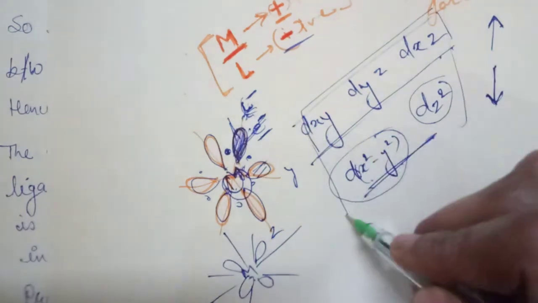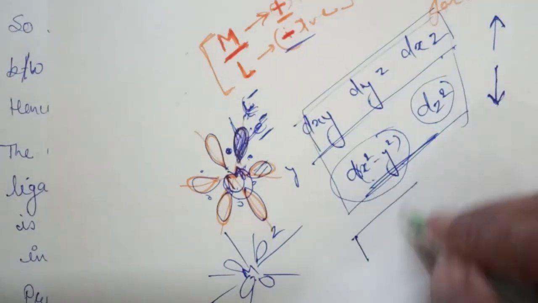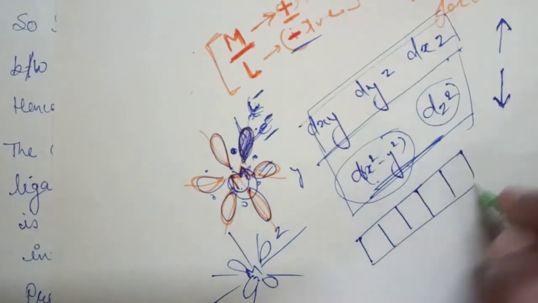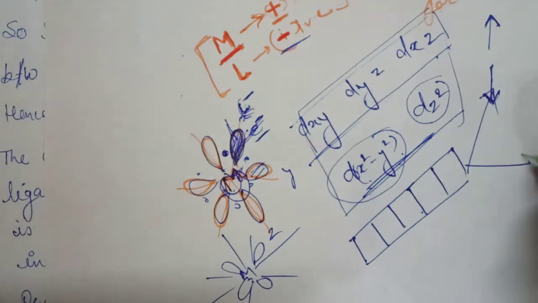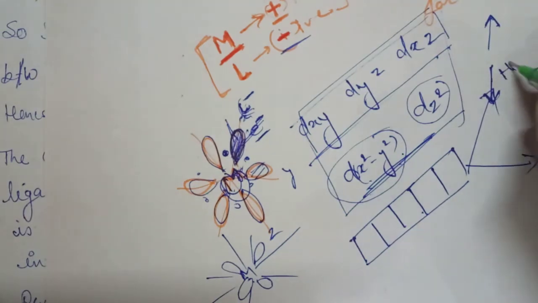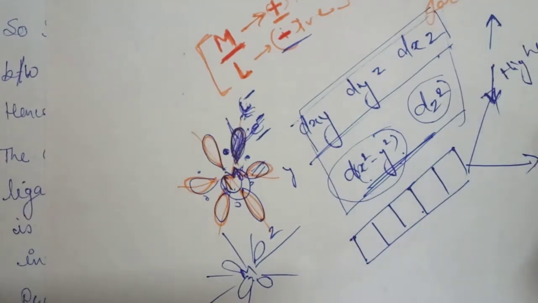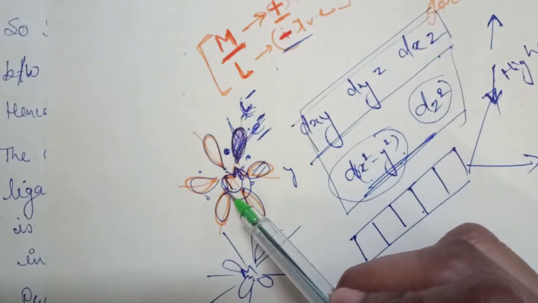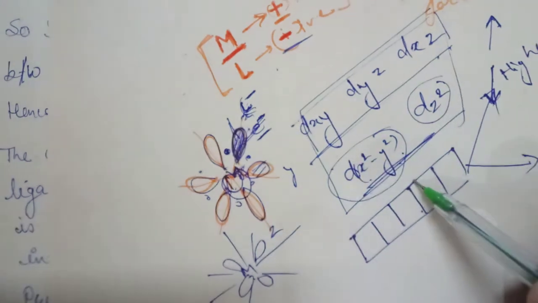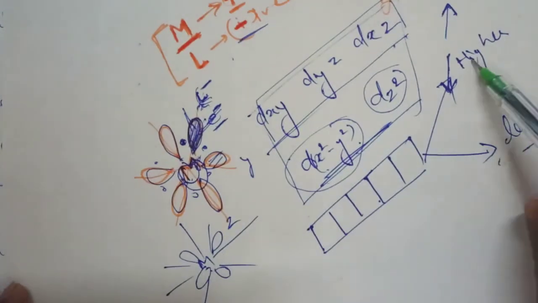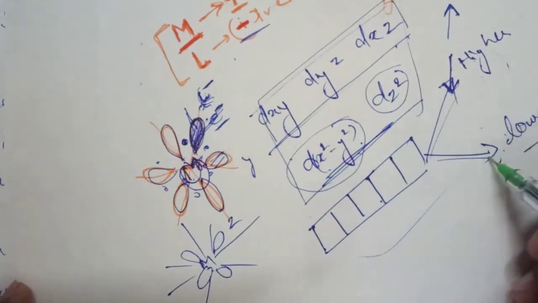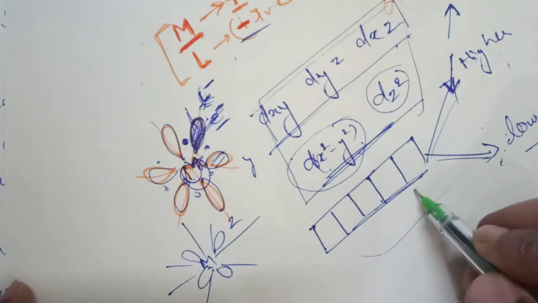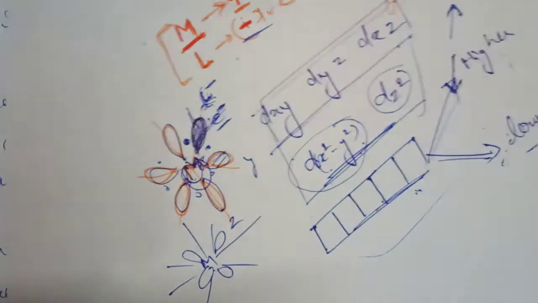Means these are 5 degenerate orbitals, we can show these orbitals in this way. These 5 orbitals are split into 2 types now. One type of higher energy and second type of lower energy. Means when ligands attack on the central metal atom, the degenerate d orbitals are split into 2 types of energy orbitals. This is known as the splitting of d orbitals. This is also the reason of crystal field theory.